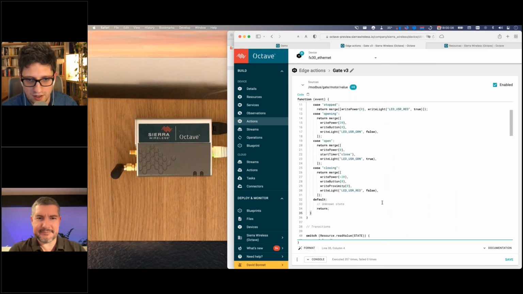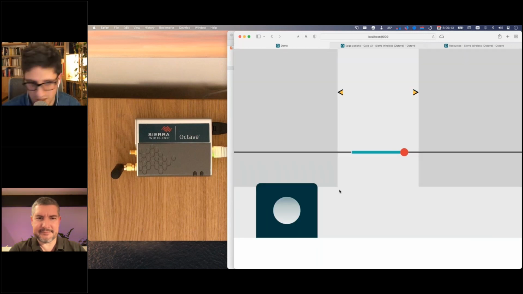So it's very simple to extend the state of the resources when you're dealing with a state machine. All right, so if I save this now, I do that, and now if we pay attention to the